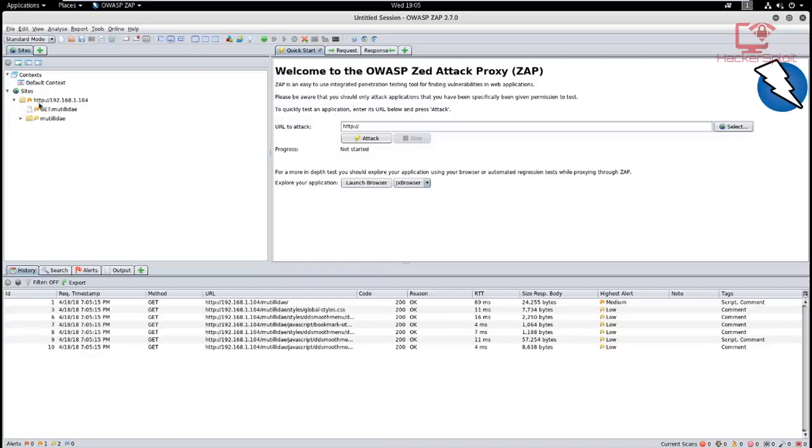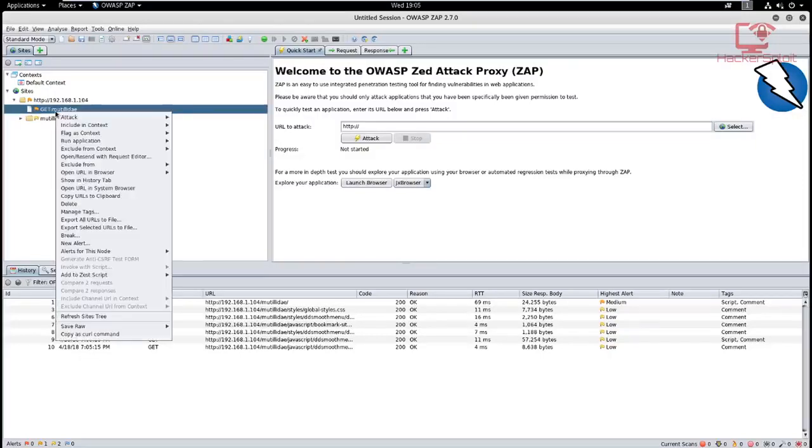192.168.1.104, that's the server. And if we just click on this drop down here, we get the GET request. So you can analyze the GET request if that's what you want. You can right click and then analyze. All right, now we won't be looking at that right now because I want to focus on discovering